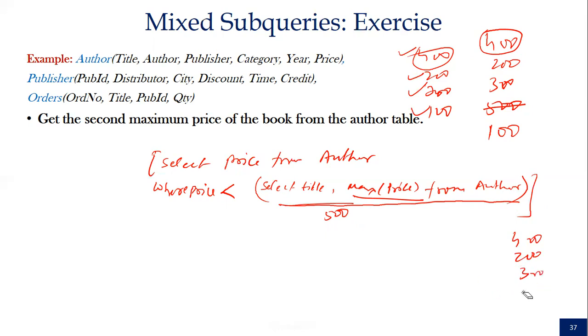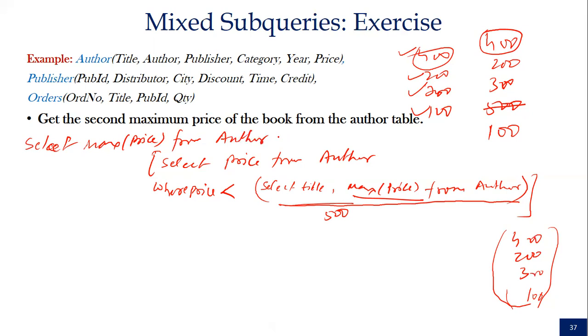तो अब मेरे को इसमें से क्या चाहिए? मैक्सिमम वैल्यू। यस सर। अगर इसमें मैक्सिमम मैं आइडेंटिफाई कर लेता हूं तो मेरे पास निकल आएगा ना सेकंड हाईएस्ट। तो मैक्सिमम कैसे आइडेंटिफाई करूंगा? एक और क्वेरी लिखूंगा। या ऐसे लिखो, सिलेक्ट मैक्स प्राइस फ्रॉम ऑथर वेयर प्राइस